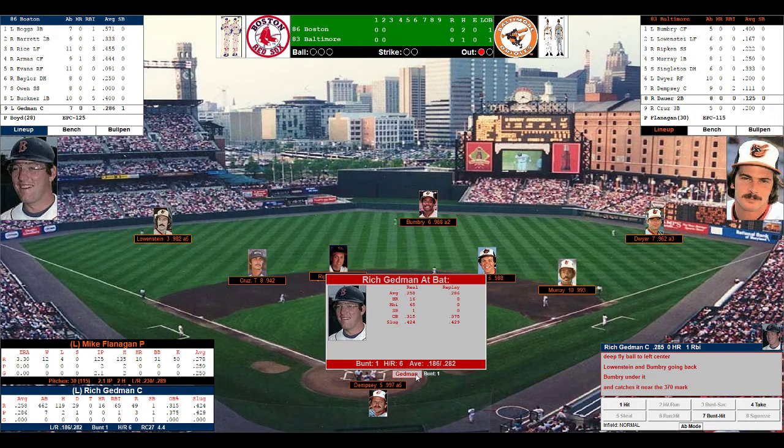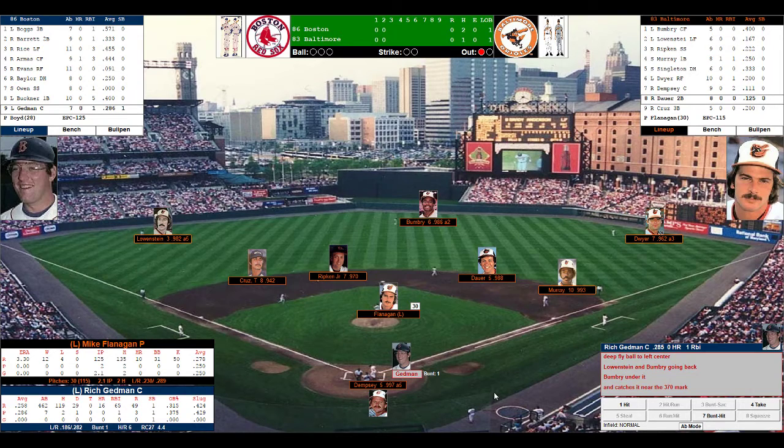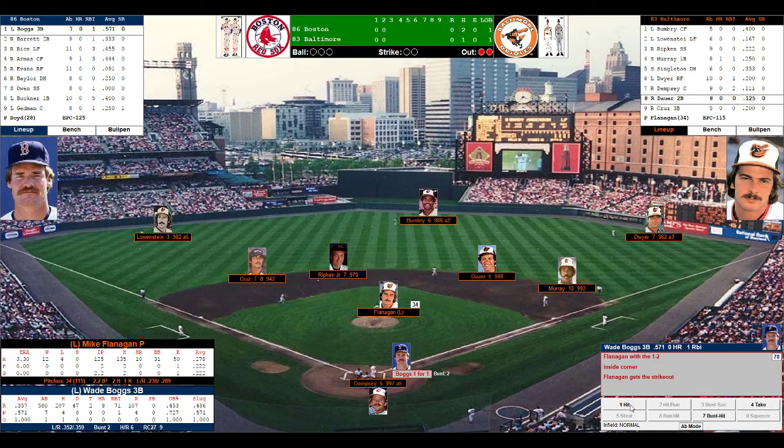Gedman in actuality in 1986: .258 batting average, 16 home runs, 65 runs driven in, 49 runs scored, .186 off left-handed pitching. One out, no one on. Gedman will take. Here's the pitch by Flanagan. Ball 1. Gedman to take again. Strike 1. 1-1 count. Gedman's ready to grip and rip. Dempsey sets the target. Here's the pitch by Flanagan, and Gedman strikes out. That pitch, an off-speed pitch, hit the inside corner. He wasn't too happy with the call, but he's going back to the bench.